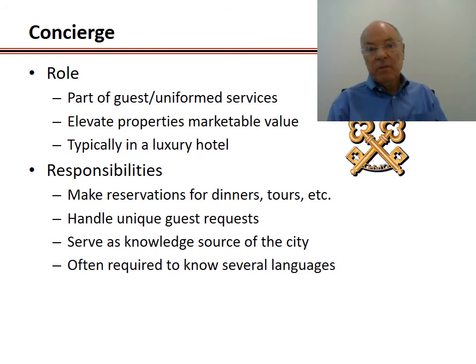The concierge, great position, especially if you know the city. Part of the reason I say that is there's a lot of opportunity here to learn your city, to be very involved with the guests. This is the person who's supposed to be the most informed about what's going on and understand how to upsell the various services that you have as a hotel to offer. How do you get flowers into the room? How do you get a special gift here? How do you find this? What store to shop in here? What restaurant to go in here?